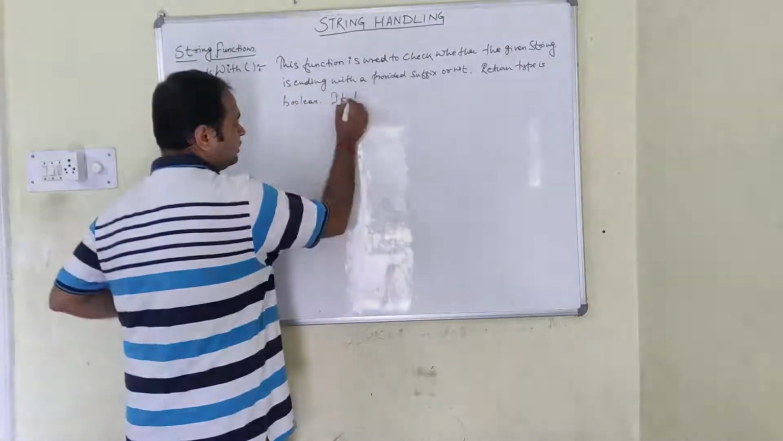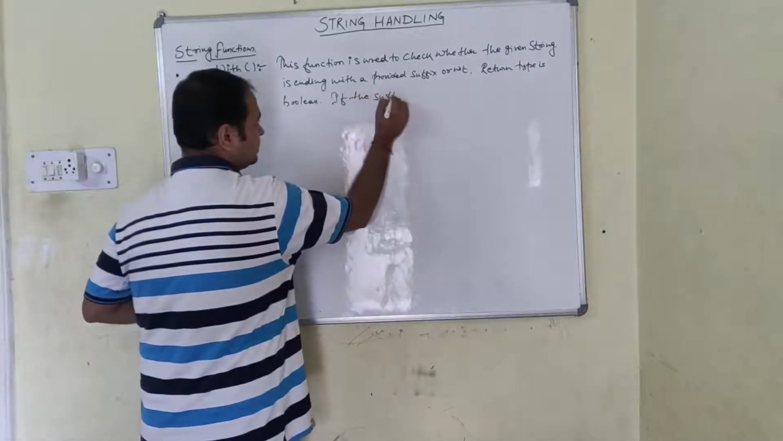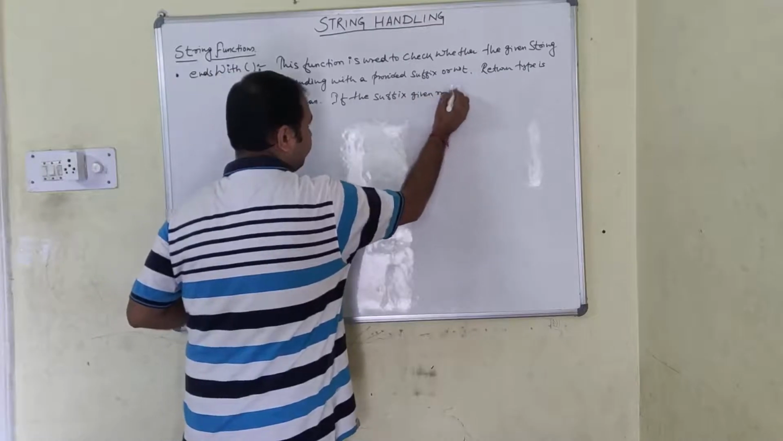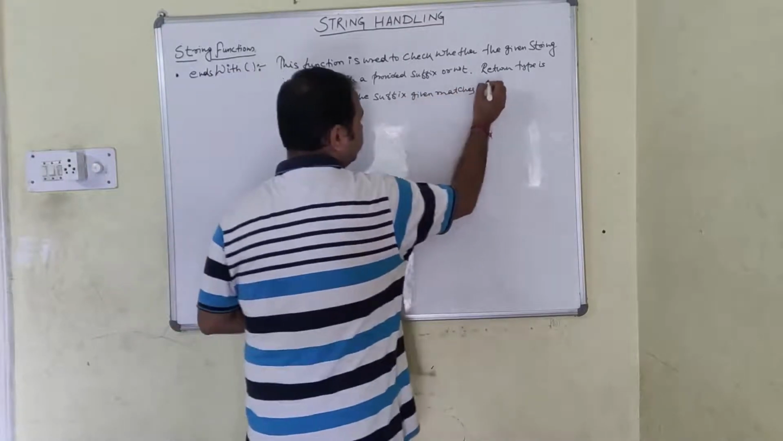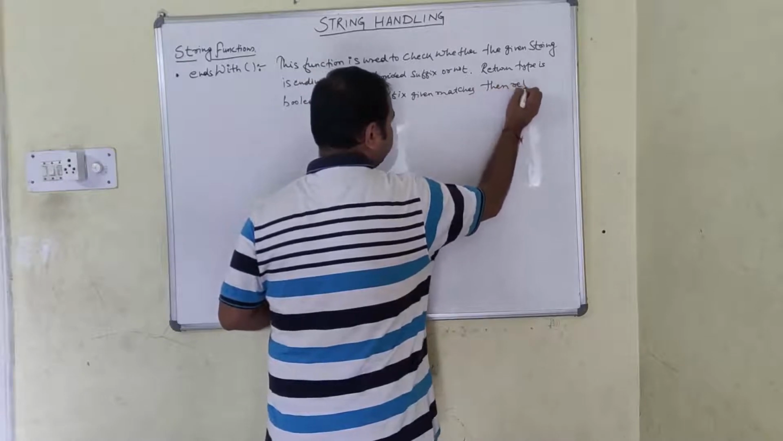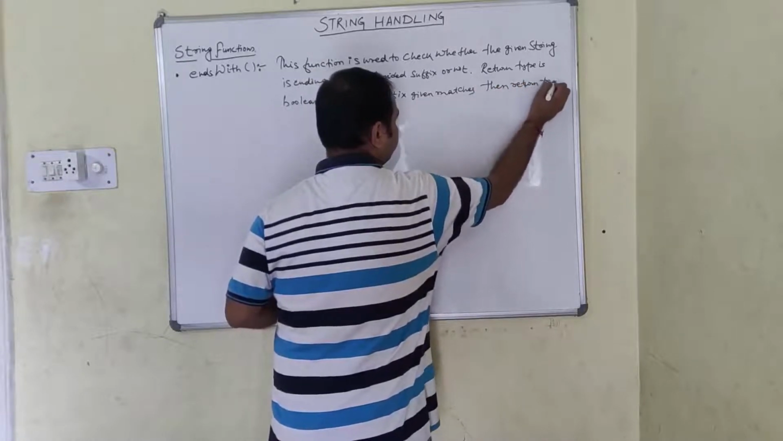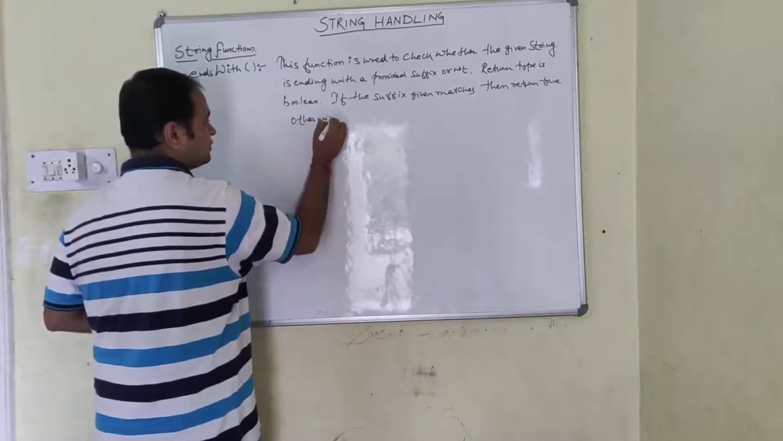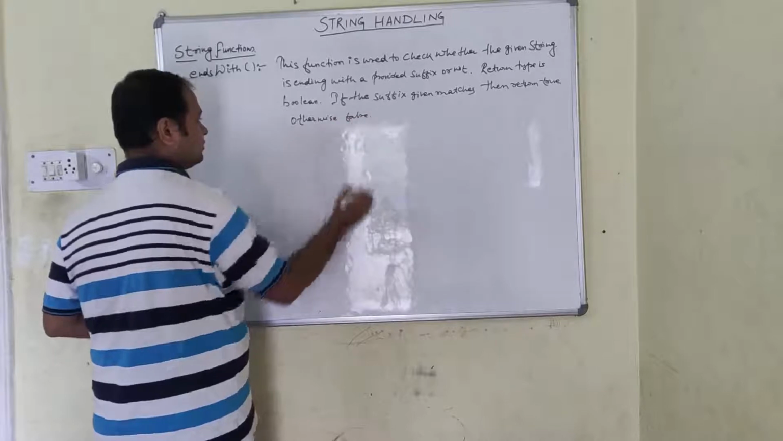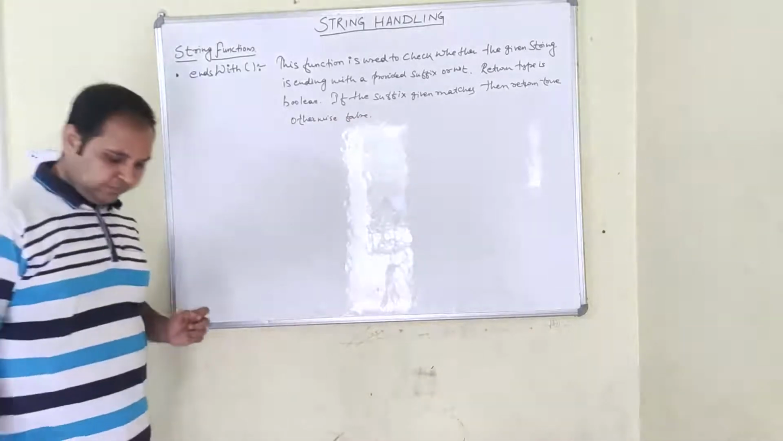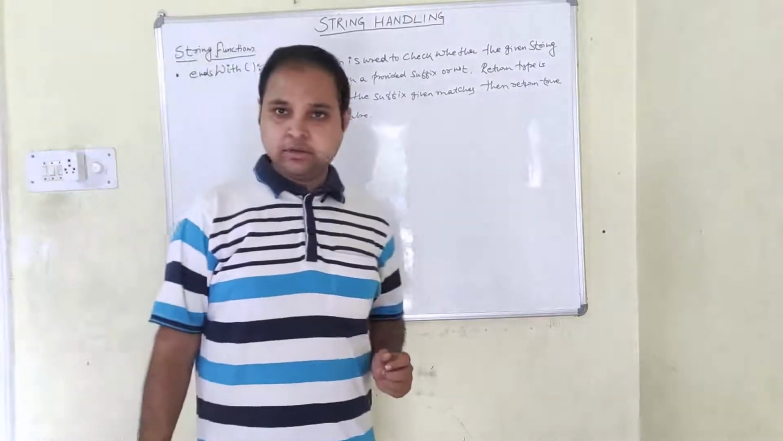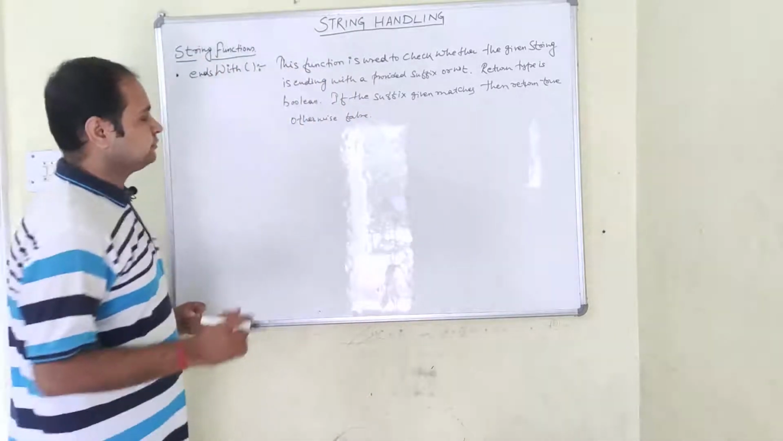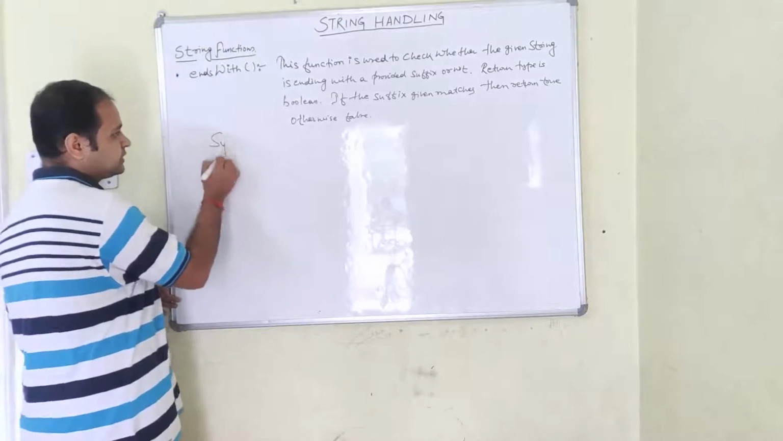If the given suffix matches, then return true, otherwise false. Okay, now this suffix can be any character, it can be any word, meaning multiple characters. So the syntax is